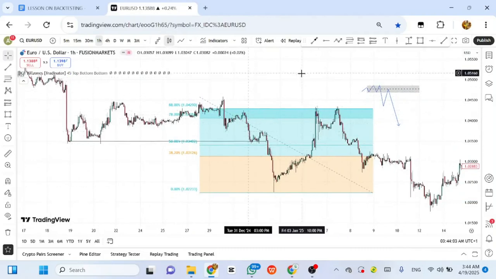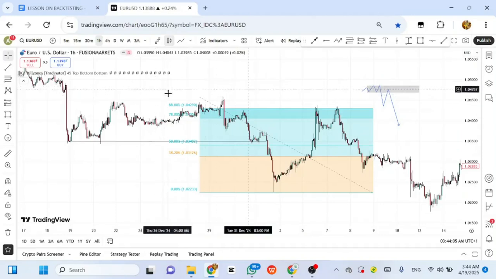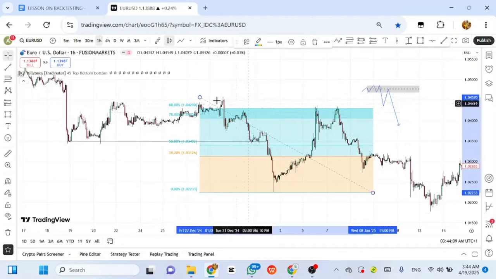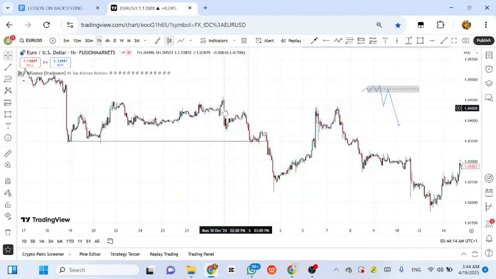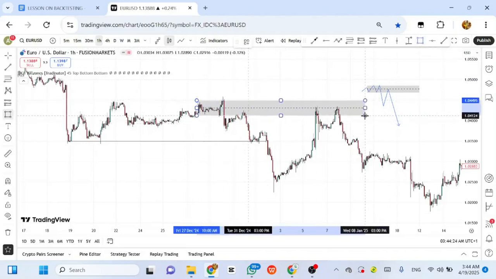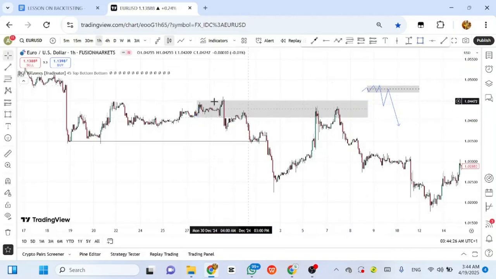Then I will now be observing. Alright, so now price came into this zone, and you can see now. First of all, I have marked this zone as my zone of interest. So what will I do again? I can see that this is an imbalance. It was not filled well. So I'm not talking about refining zones now. Just stay with me. So this was my zone. All of this was my zone. That's 78 using the fib tool.